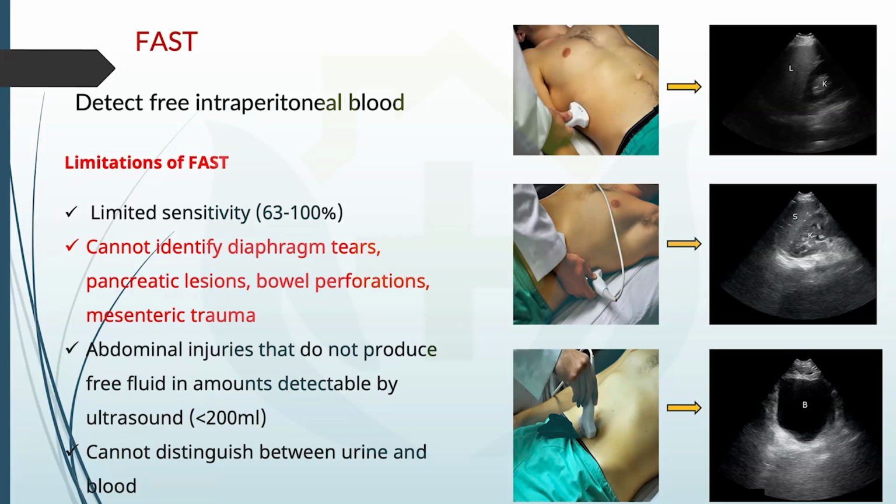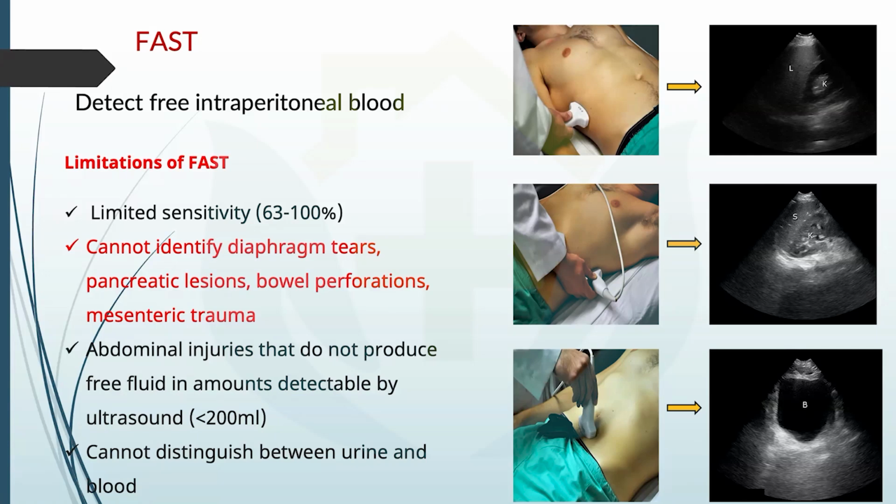And other than these 4 areas, if you are looking at the costophrenic angle, basically looking at the chest to diagnose pneumothorax or hemothorax, then it is called the EFAST, extended FAST. So EFAST is when you have FAST of the abdomen plus the thorax. This is the very basic thing to understand. Now, in ultrasound, we are looking at free fluid. So it is able to diagnose a hemoperitoneum. If you have an acute free fluid, diagnosis of hemoperitoneum is made. The patient has to be taken to the OT for operation. That's the most underlying meaning.